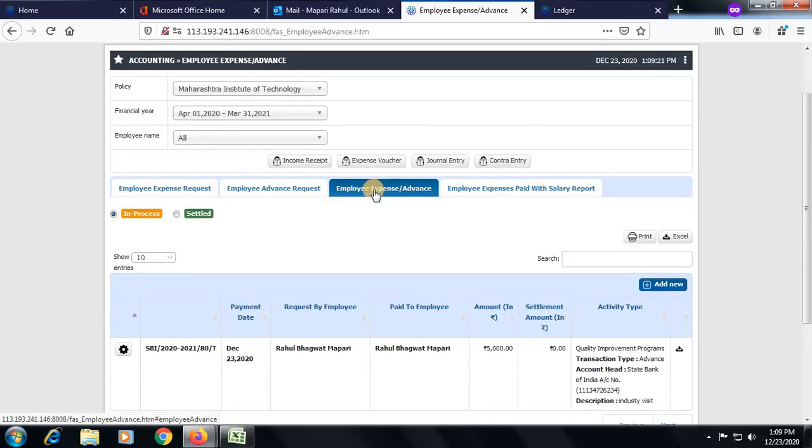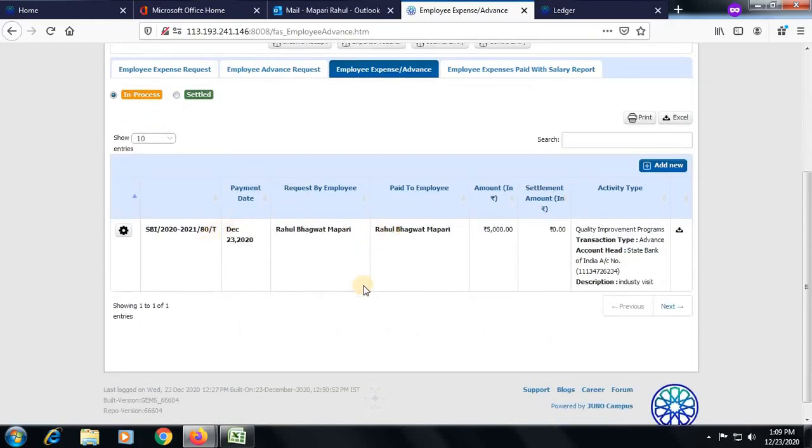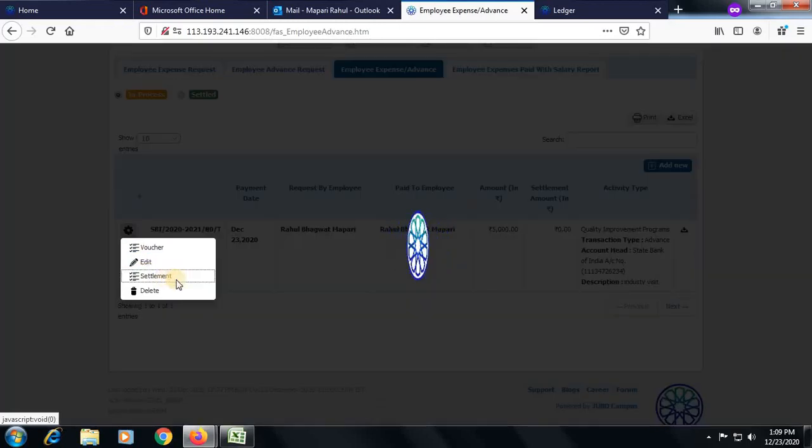The account officer will select this option. Here we can see the advance payment entries. Now if I want to settle this particular payment, we go to this button, click on the settlement.